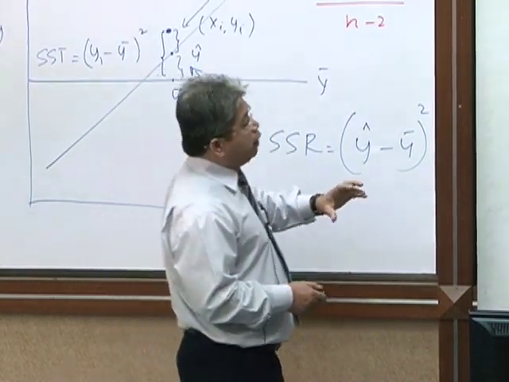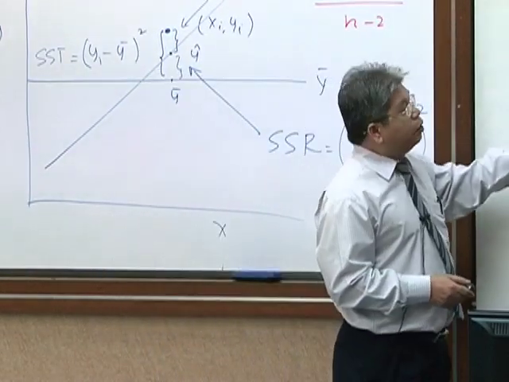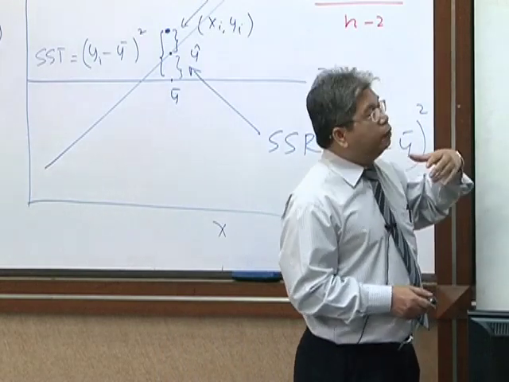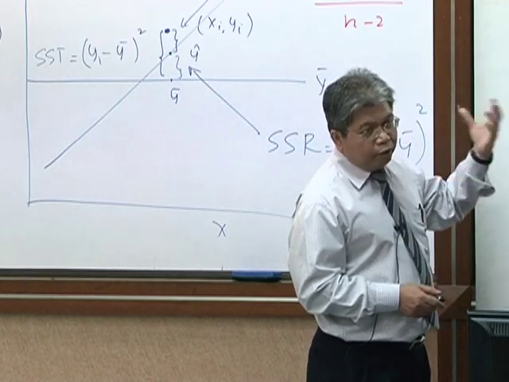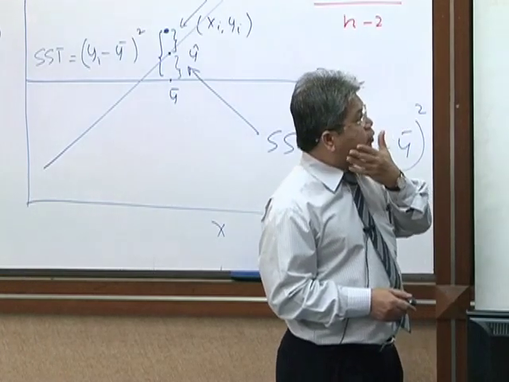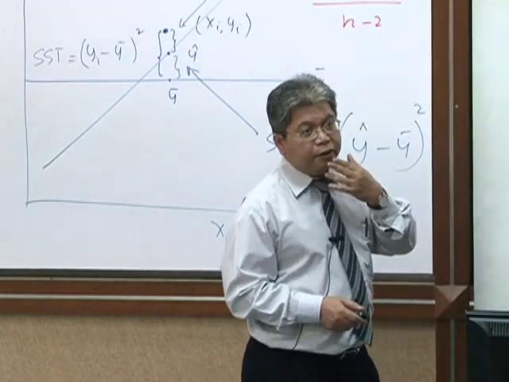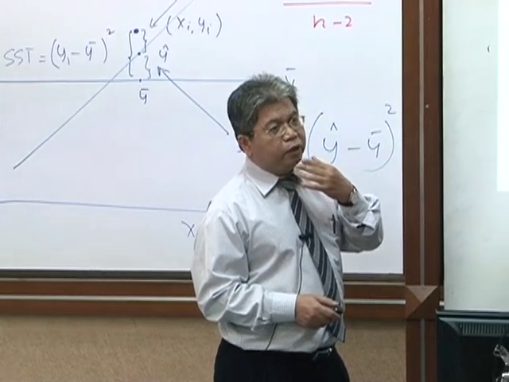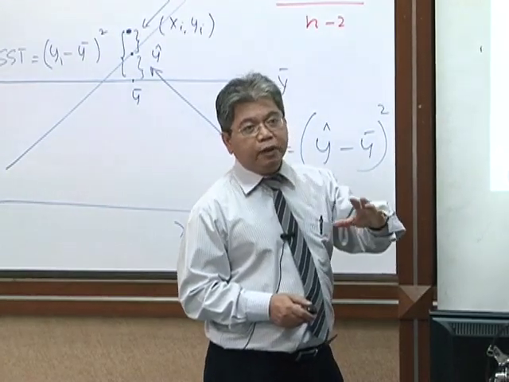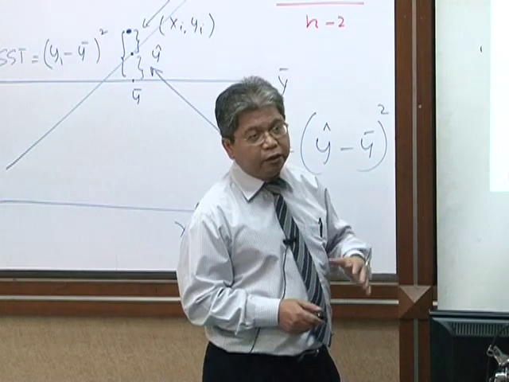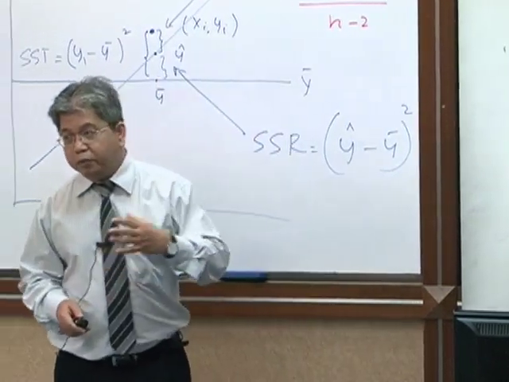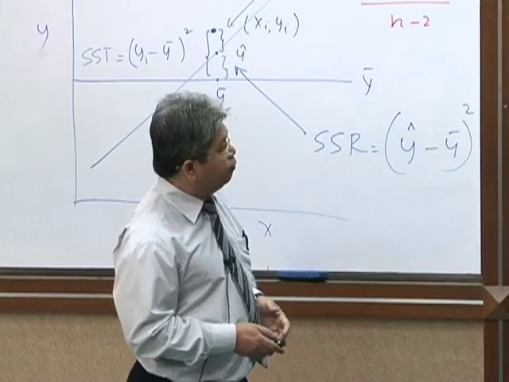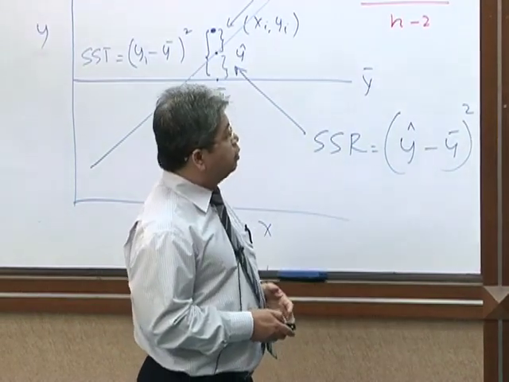By doing so, we can put greater emphasis on the more precise data, or put more influence on more precise data to the regression line. So the less precise data will be given less influence in determining the line. Otherwise, our line will be determined by less accurate or less precise data.